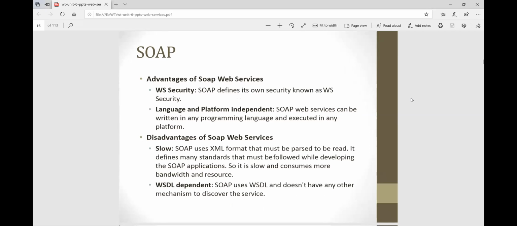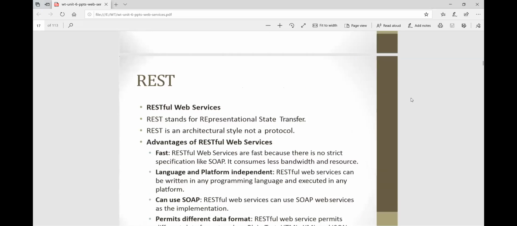That's why it is platform independent. Then the disadvantages of SOAP web services: it is slow. Why slow? It is slow and consumes more bandwidth and resources. Then it is WSDL dependent. SOAP uses WSDL and does not have any other mechanism to discover the service.